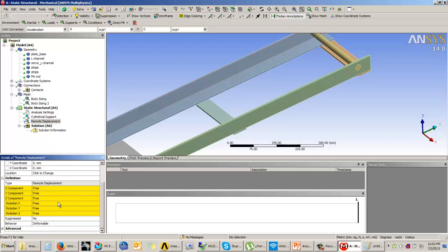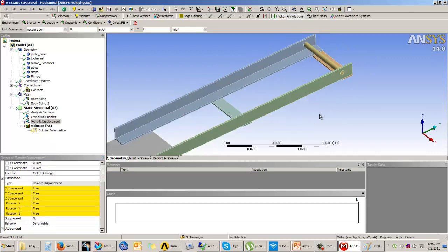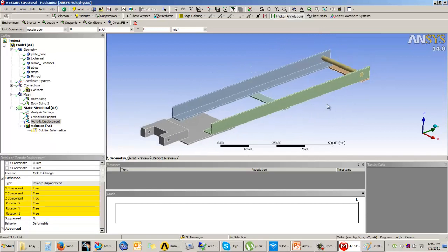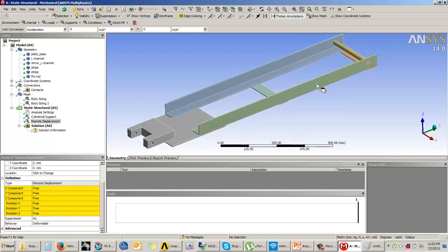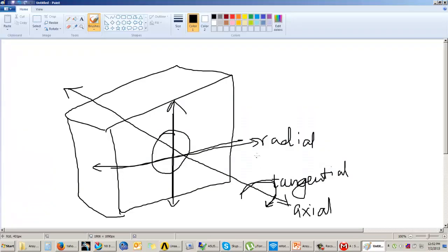Now remote displacement, when we select this option, we get all the 6 degrees of motion which we can control. And in this condition, I'm only going to allow the lateral motion for this assembly. That means I'm going to allow the motion only in the x and the y direction. So this assembly can translate in the x and the y direction. It cannot translate in the z direction. And the rotational motion along x. That means if the assembly is like this,